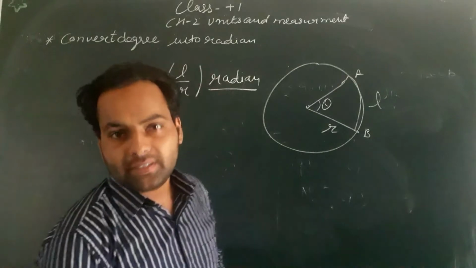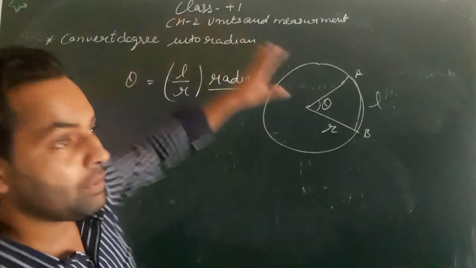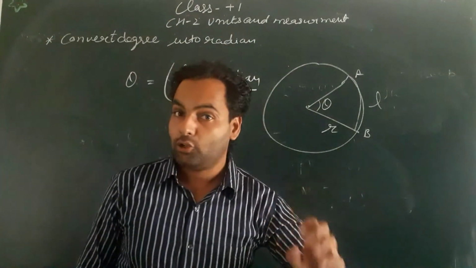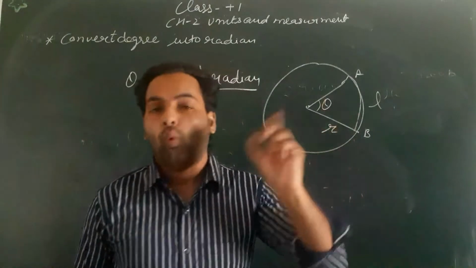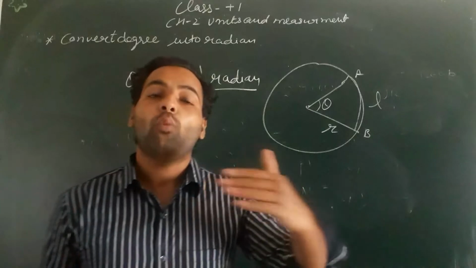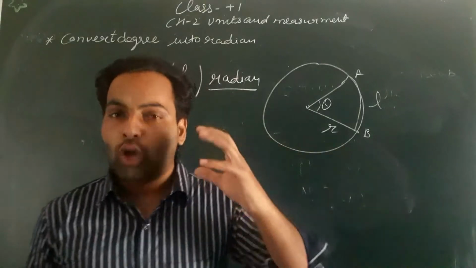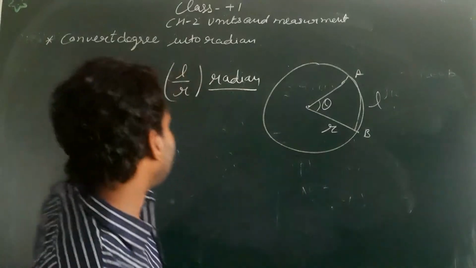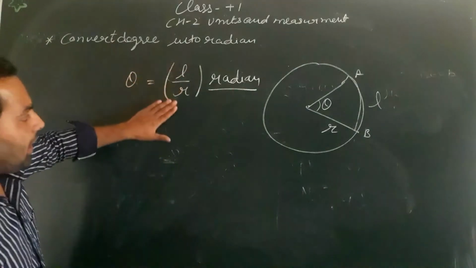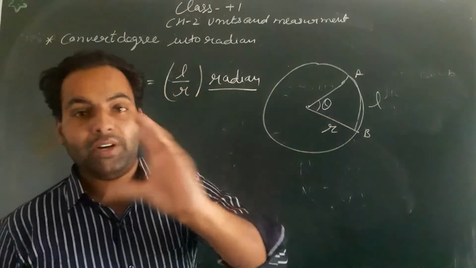So today we will discuss कि how the degree, because previously the angle, जो एंगल थे 60 डिग्री, 70 डिग्री, 80 डिग्री, 180 डिग्री, 100 डिग्री, वो पहले डिग्री में मेजर किए जाते थे. तो now we will change that degree into radian. So we will discuss that theta is equal to L by R radian from the definition of radian.